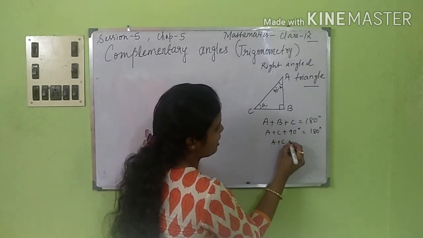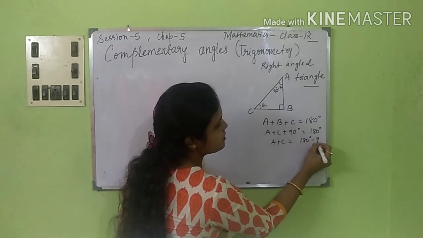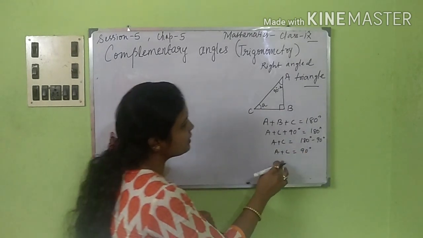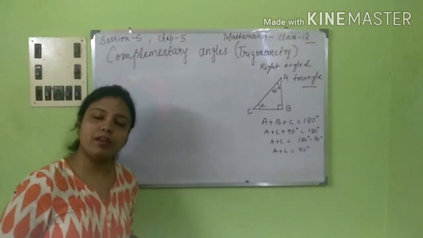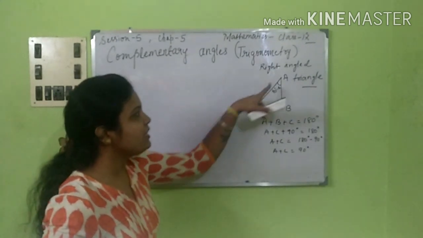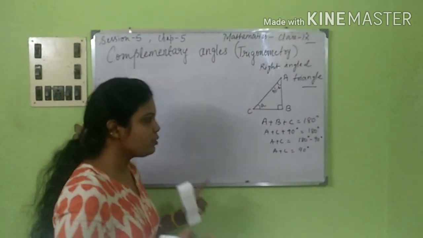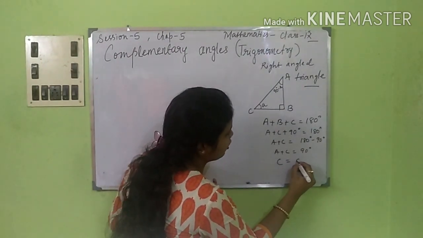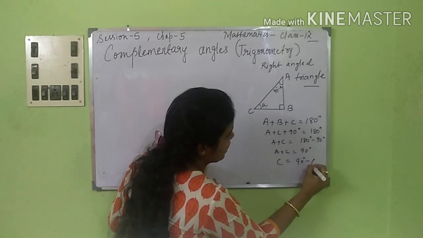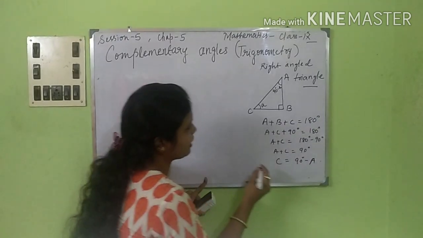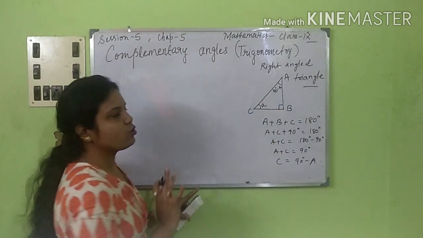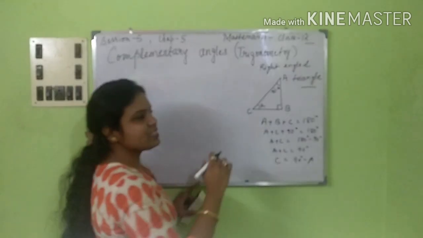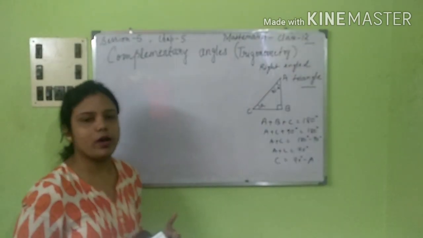we can obviously write A plus C is equal to 180 degree minus 90 degree, right? So from A plus C we are getting 90 degree. That means these two angles are complementary angles. Okay, these two A and C make complementary angles. So in that case, we can obviously write that C is equal to 90 degree minus A. That means this plus this is going to give 90 degree. Because this is already 90 degree. Now these two angles, if it makes 90 degree, then we are going to get 180 degree.